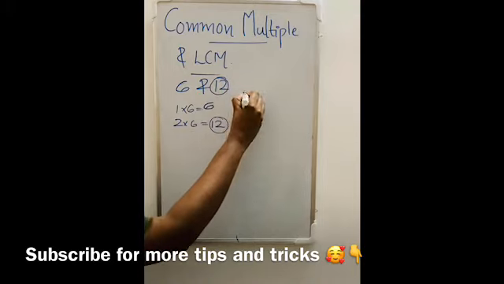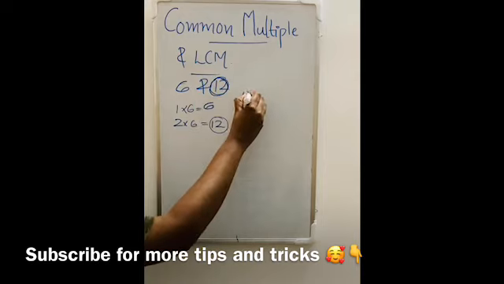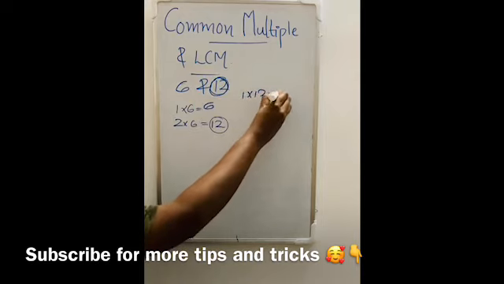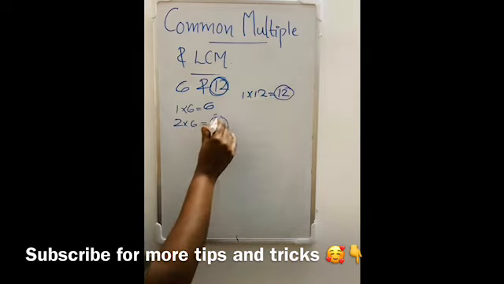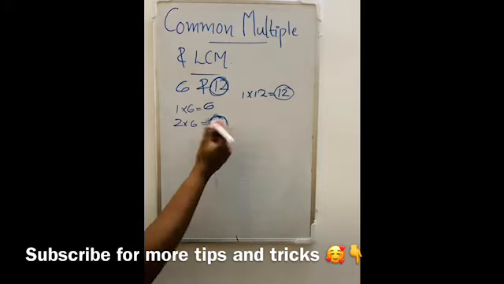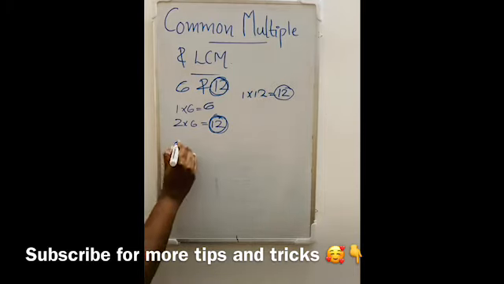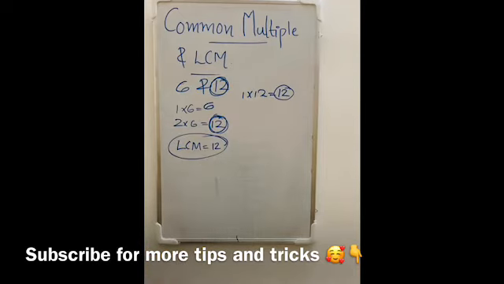So we know that if you write the multiplication table of the second number, the first one will be 1 12 is 12, right? So this is the first common multiple, right? 12 is the first common multiple. We can find that in 6's multiplication table and in 12's multiplication table, right? So 12 is the first common multiple and it will be the least common multiple, right? So we can stop here. Very easy. So we can directly write LCM is 12 here. Got it? So LCM is 12 here.